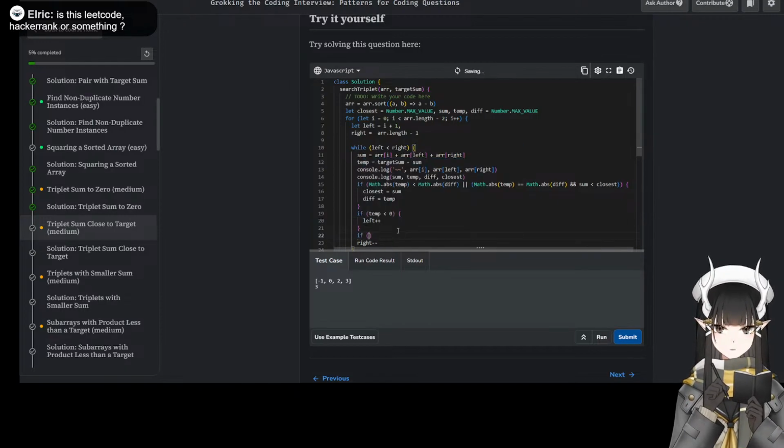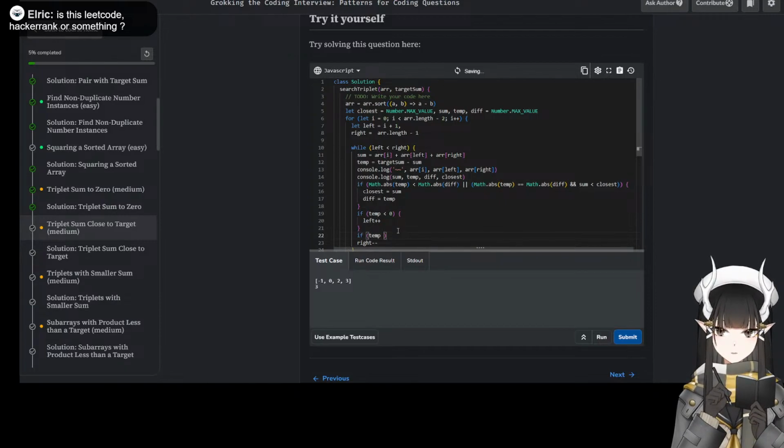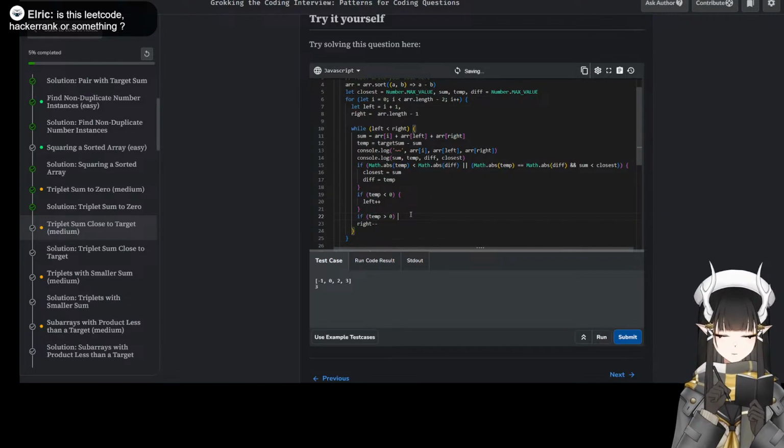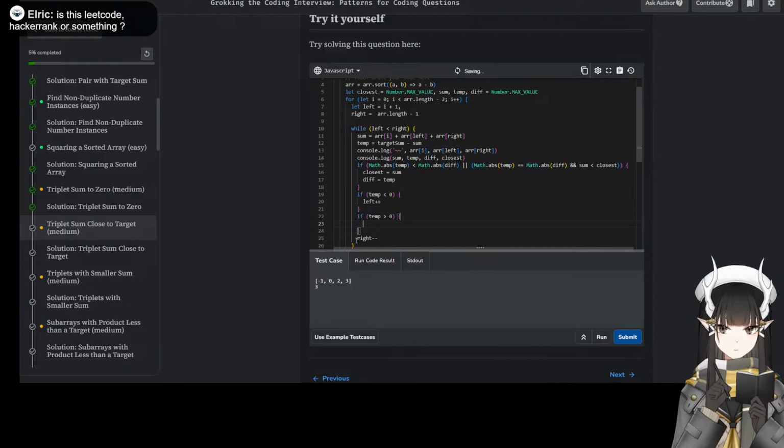And if the target difference is greater than 0, then we decrement the right pointer, the biggest value.